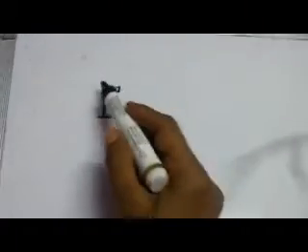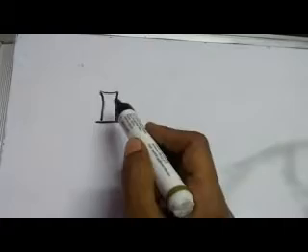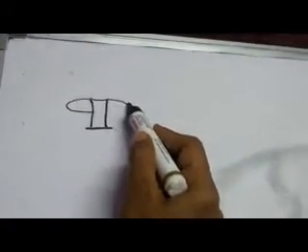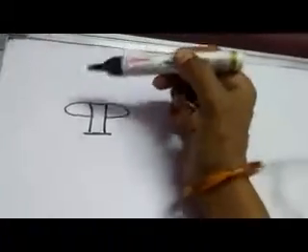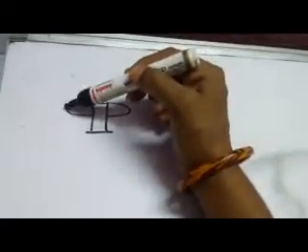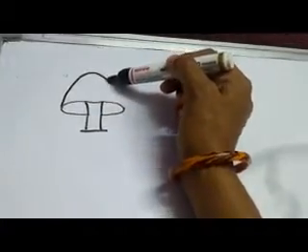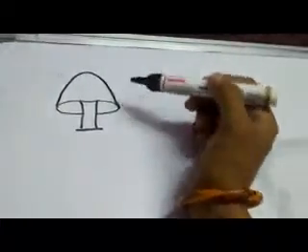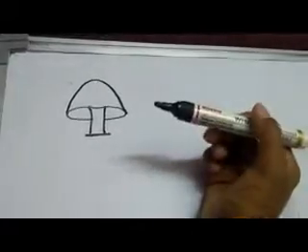Okay then. First, to draw a mushroom, you need to make two standing lines. Then make a sleeping line. Here also one curved line. Okay, and the top two edges just join like this. Now from here you just make a C curve. Here the D curve. Earlier I have told you about the C curve and the D curve, if you remember. Now from this point and this point, you need to just make a semicircle or a cone shape like a curved line. Okay, so this becomes the mushroom.